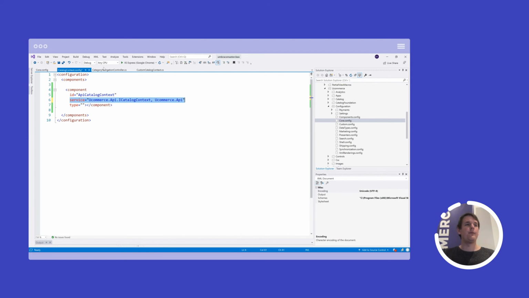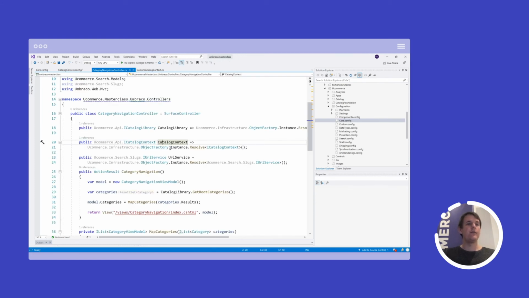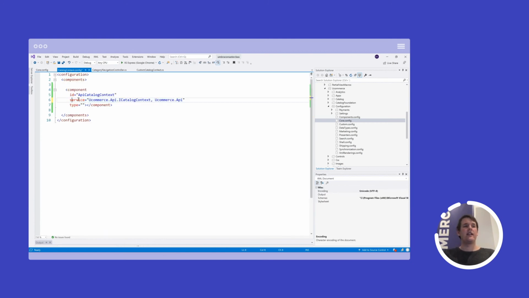For example, right here, where we ask for catalog context in the object factory, we pass in ICatalogContext here, and in that particular case, Castle Windsor will say, okay, let me look for a component where the service is the type you're requesting. Same goes for constructor injection and for property injection.